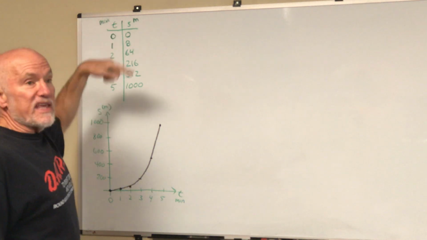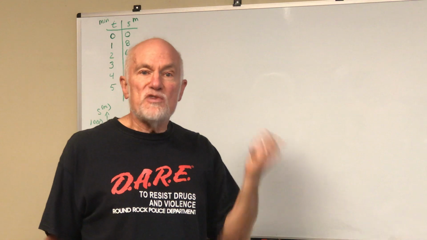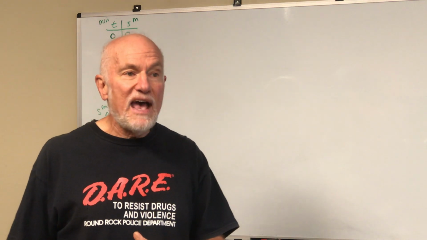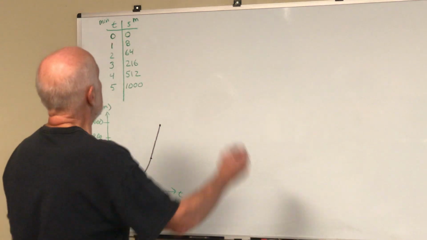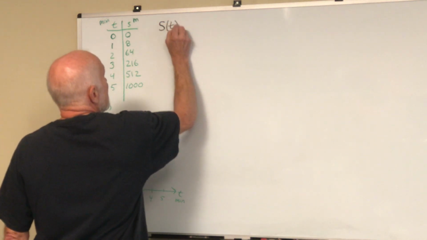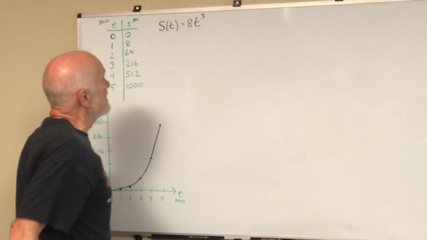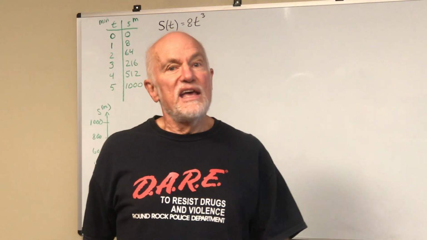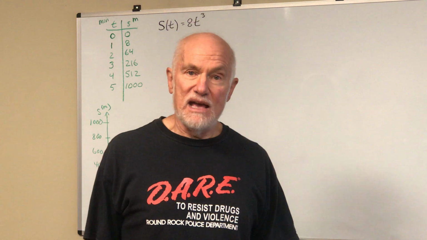We could call this one the independent variable t, and for every value of t, there is only one value of s. So she said what we have, what I remember, is a function. She wrote up here, s is a function of t is equal to 8t cubed. So now what could we do? We could find out our position not just at those 6 points in time, but at any time in that